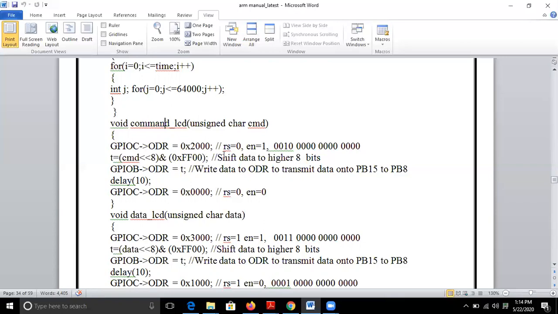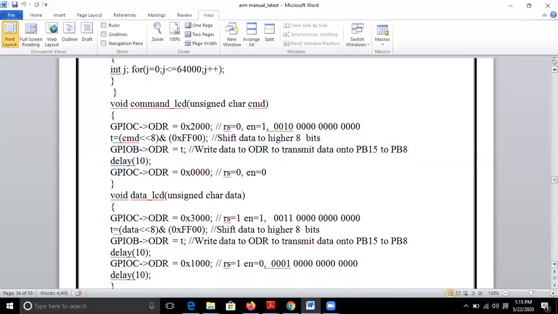That will actually shift the command that you have passed through the command LCD, and then that value is written to GPIO output data register so that the data will be transmitted onto pin numbers 15 to 8, and you provide some delay and then you disable the LCD by making register select as 0, enable as 0. This is for issuing the commands.